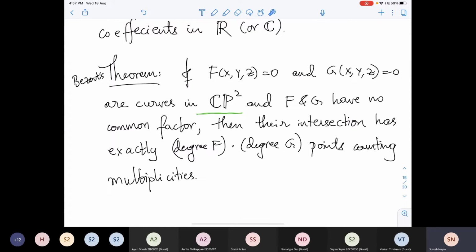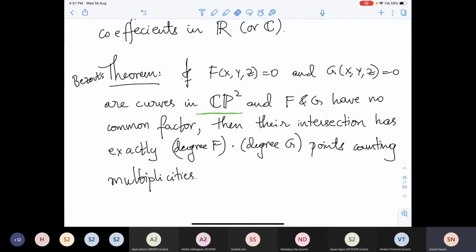And when we do that, we get a precise theorem. The only extra hypothesis I have to add is that they have no common factor. If they have a common factor, they will have infinitely many solutions in common, which can be shown. So basically, because every polynomial has infinitely many solutions, a common factor will give you